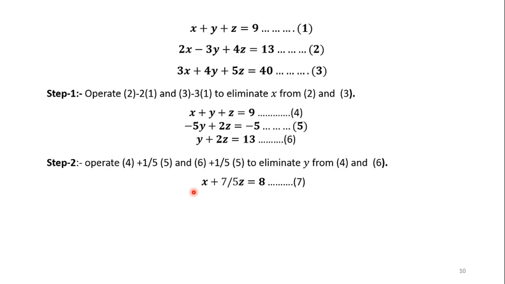The modified form of equation 4 is 7. We call the modified form of equation 5 as it is, because we will not disturb it here, by the new number 8, and then the modification in equation number 6 by 9. And now very easily you can find the values of x, y, z: from this z, then from the previous one y, and from the first one you will get x.